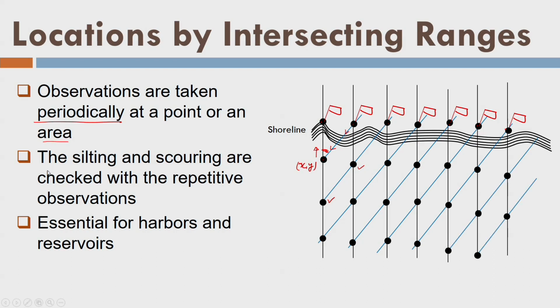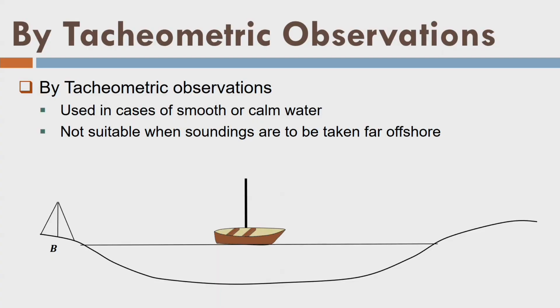So now we have measured, let's say, all these points. Let us look into the tachyometric observations and how we use them to find out the position. And remember one thing: as and when we observe the position xy on a water surface, we will always observe the depth. So sometimes even if we say let us take some observation, it means that we are taking the sounding also, right? Okay, so let us look into the tachyometric observations, where we are using the logic of tachyometer.